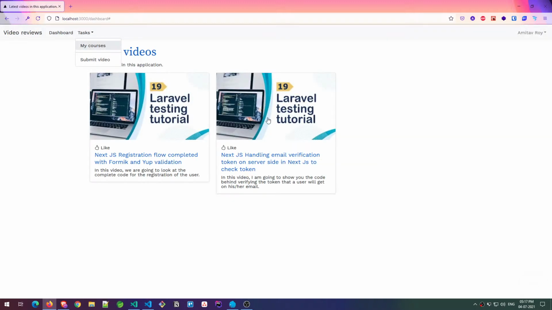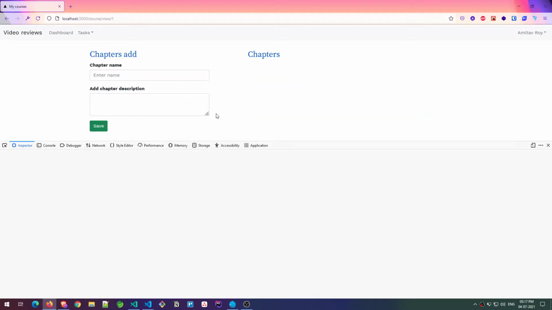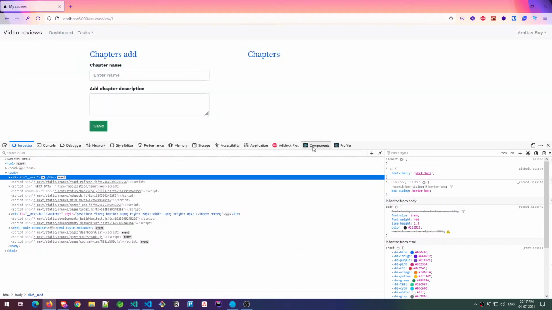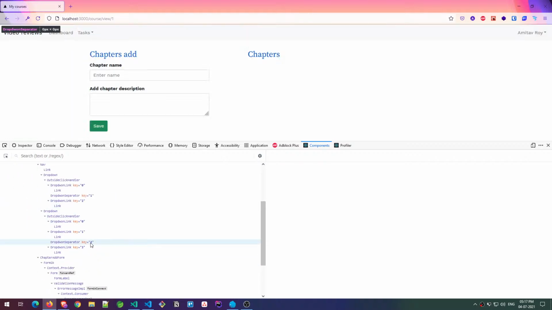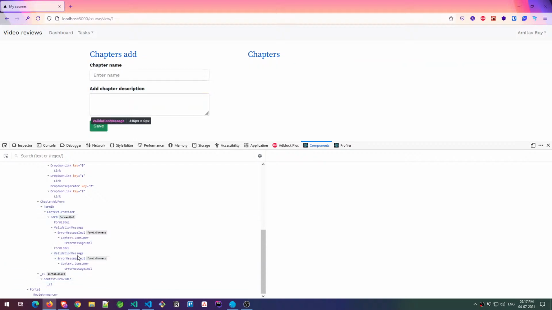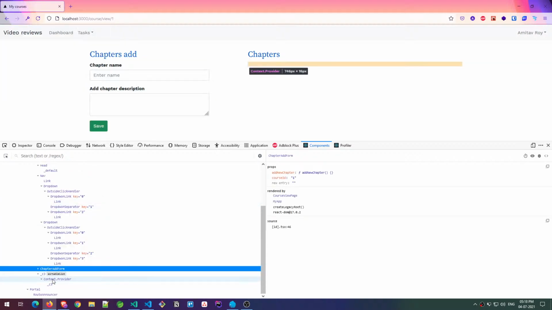Go to my courses. Okay. Inside the components, what do we have in here? This is the add form, which is fine. I don't have anything in here. That is a problem. This shouldn't have been the case because